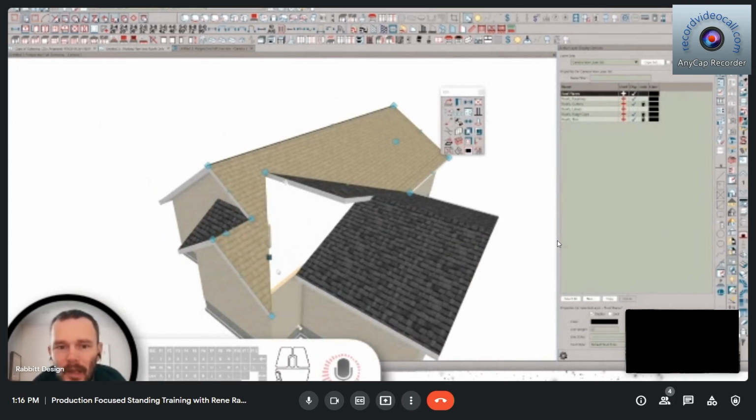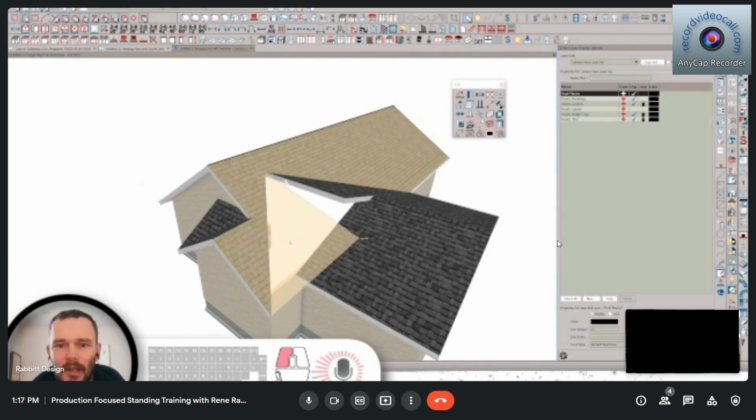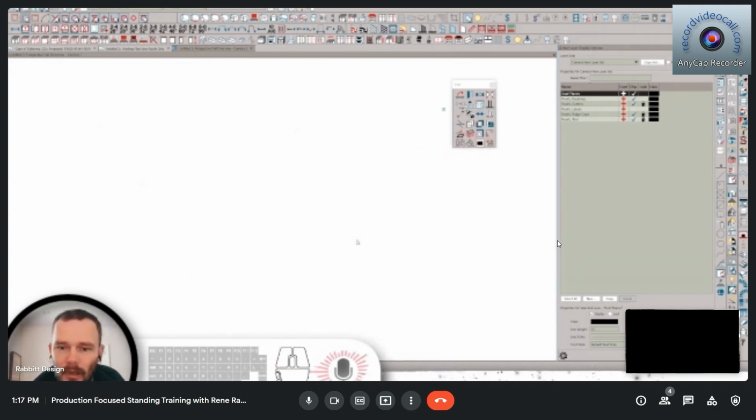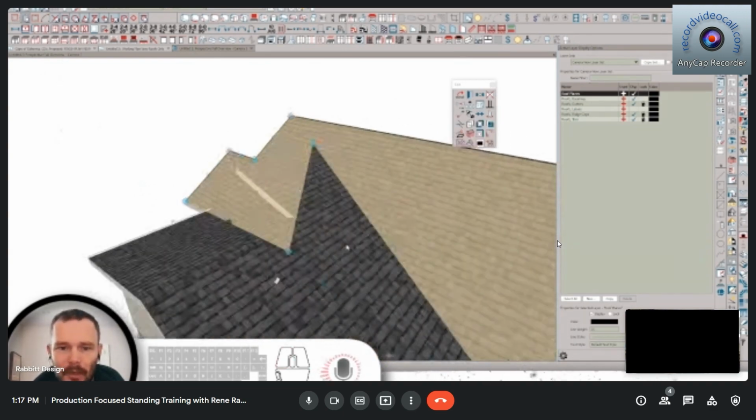Just keep in mind, we have the tools to do our auto join roof planes here. So this is join roof planes in our edit toolbar. And for that to work and give you a high level of success, you need to get your roofs close enough for Chief to figure it out. So the closer you get to reality, the better that join roof planes is going to work. So if I pull this roof plane through arbitrarily, oops, let me just rotate about here,